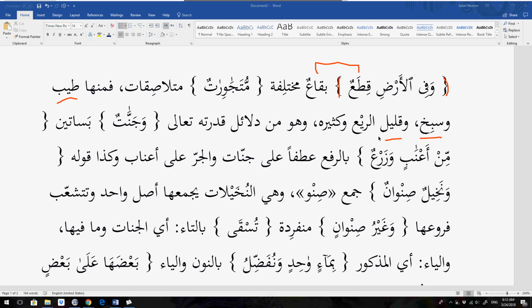وَقَلِيلٌ الرَّيْءُ وَكَثِيرُهُ. And therefore, we would say, a small part of it will yield, it will yield or grow. And some of it, kathir, means a lot of it. So small portions may yield, and greater portions may yield. So you have both, based upon the land, the fertility of the land.